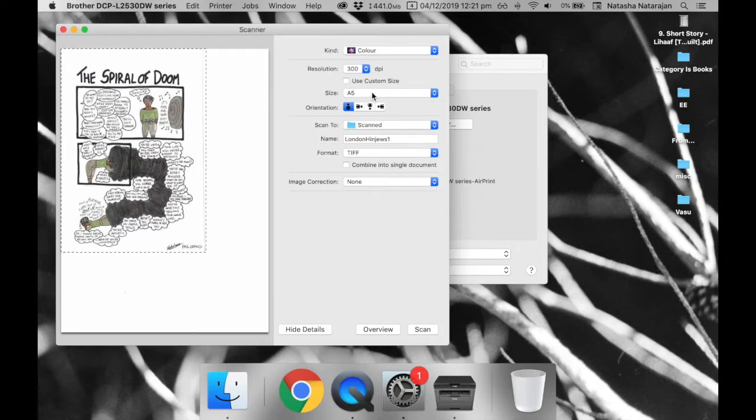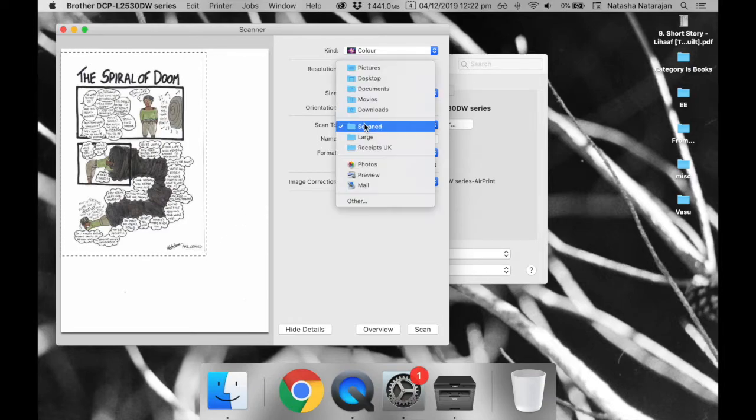The next thing is the size that you're going to scan. It doesn't really matter because all of this is croppable at the Photoshop stage, but since my comic is a standard size A5, it's quite convenient that it selects it automatically. I'm going to move it down actually a bit because I feel like it's cutting close to this signature I have. Now in the scan to, I want to choose my desktop, which is here,